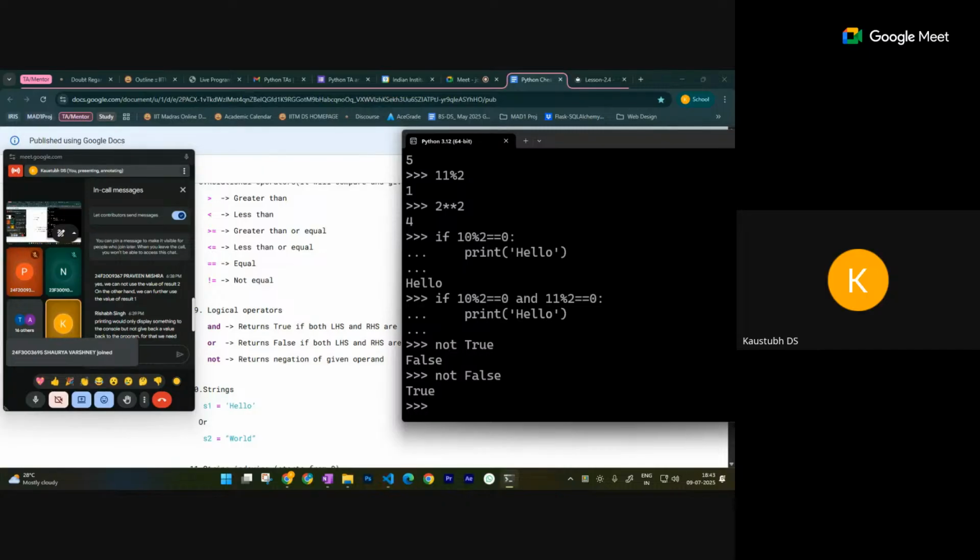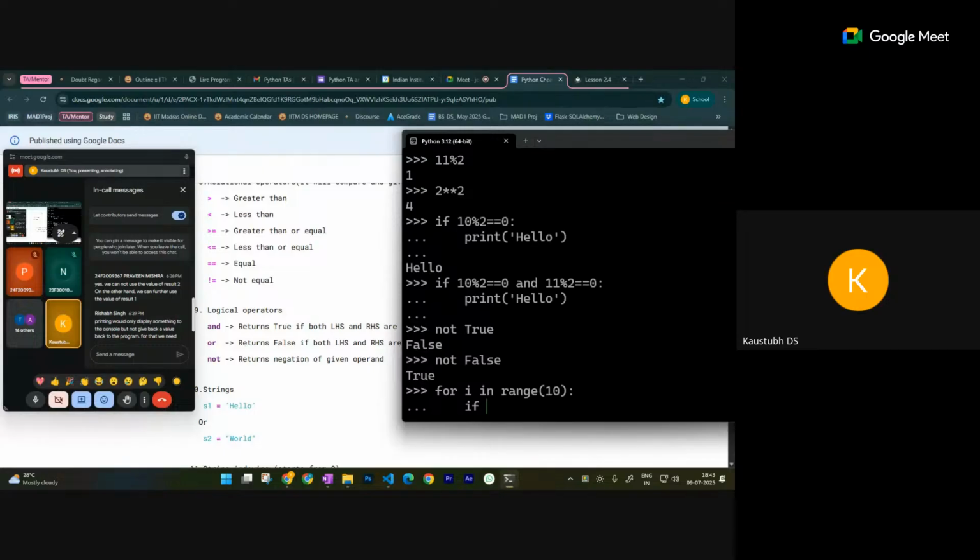let's say you want to pick the odd numbers. So for i in range 10, if we want the odd numbers, right? If i is not divisible by 2, then we want it to be printed, because those are the odd numbers. So I'll say: if not of i modulo 2 equals 0,